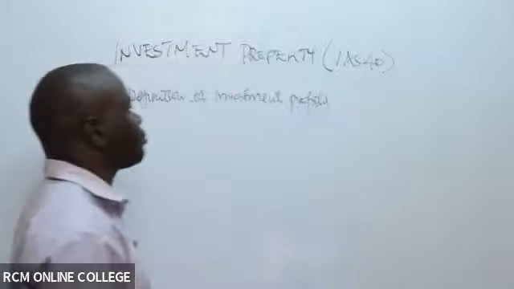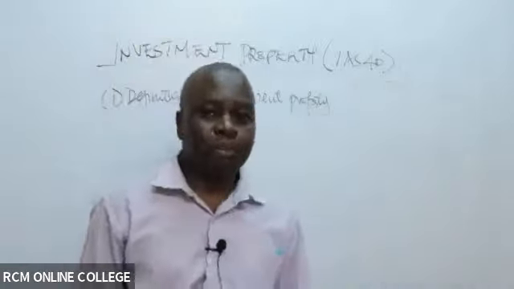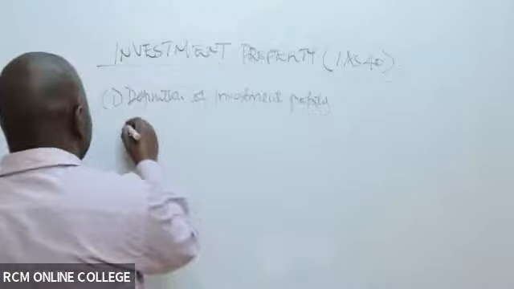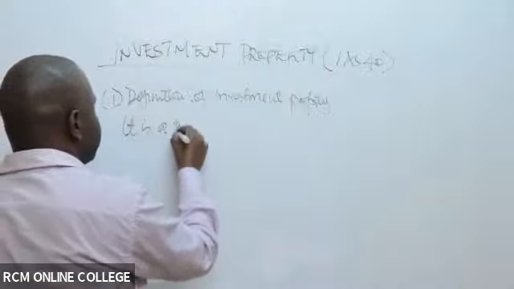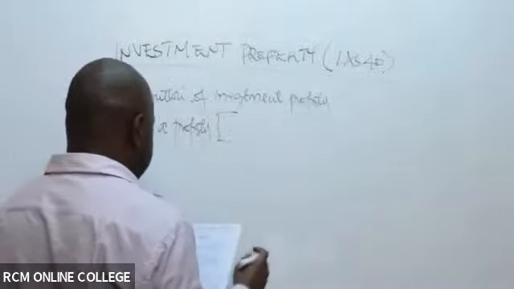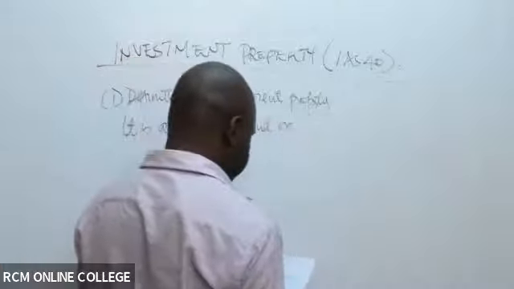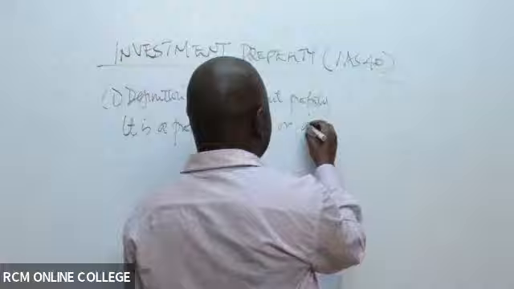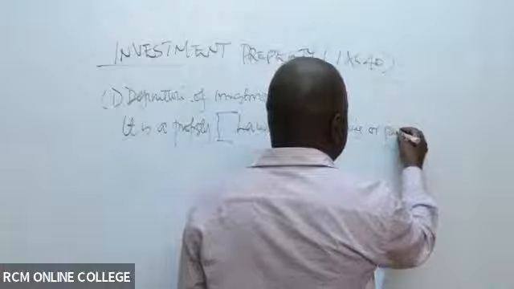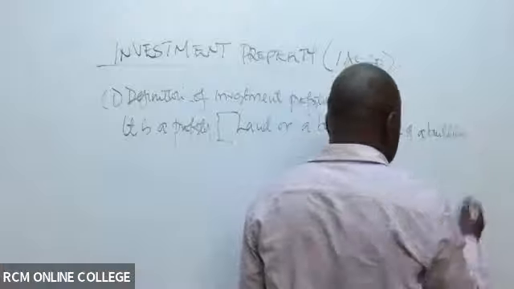So what is investment property? You can write, it is a property, in brackets, land. It can be land or a building, or part of a building,